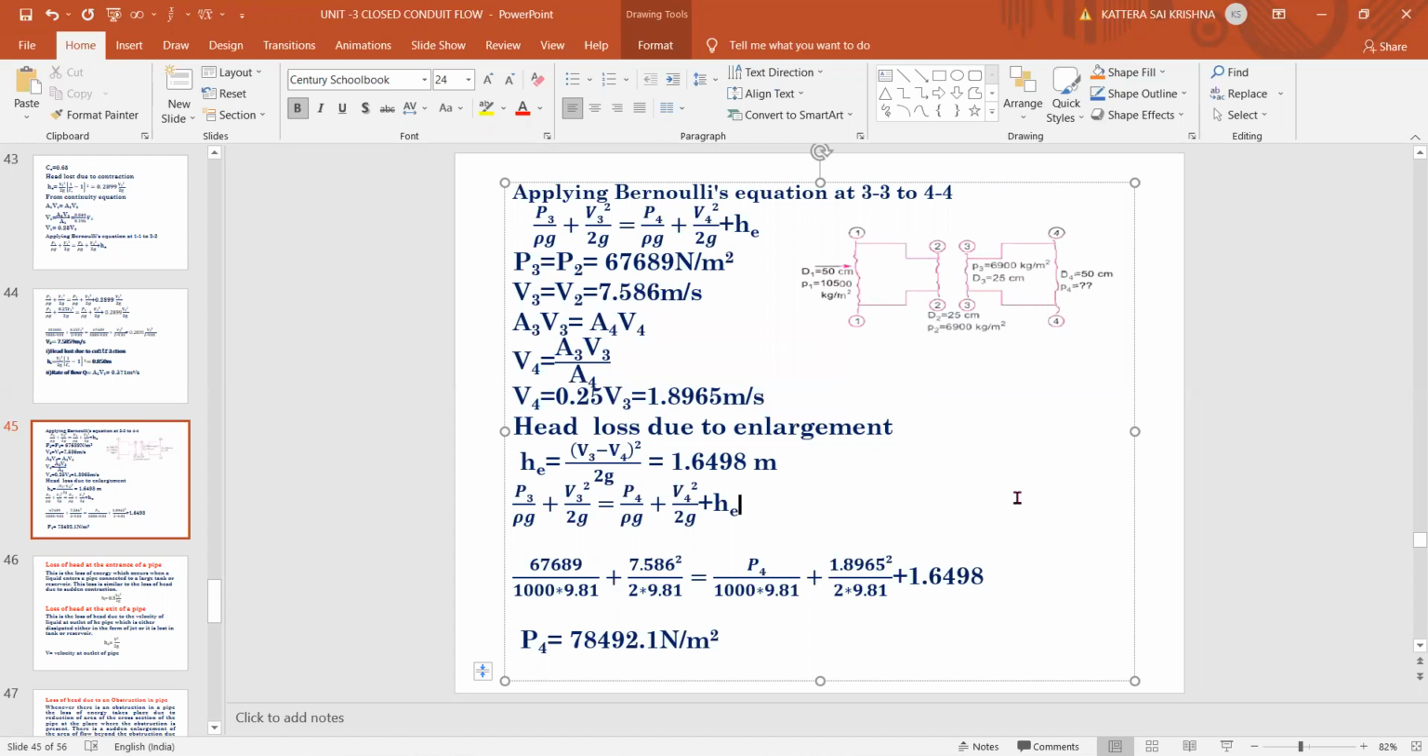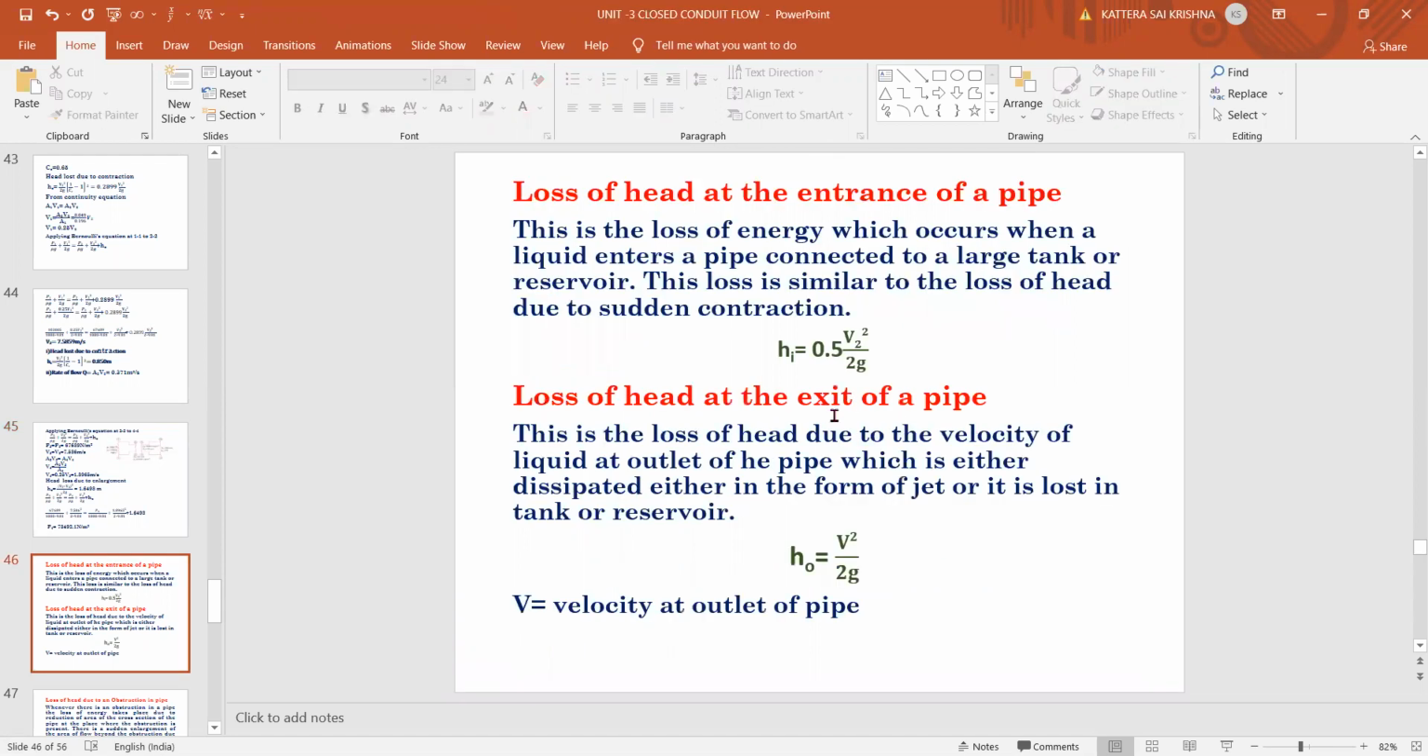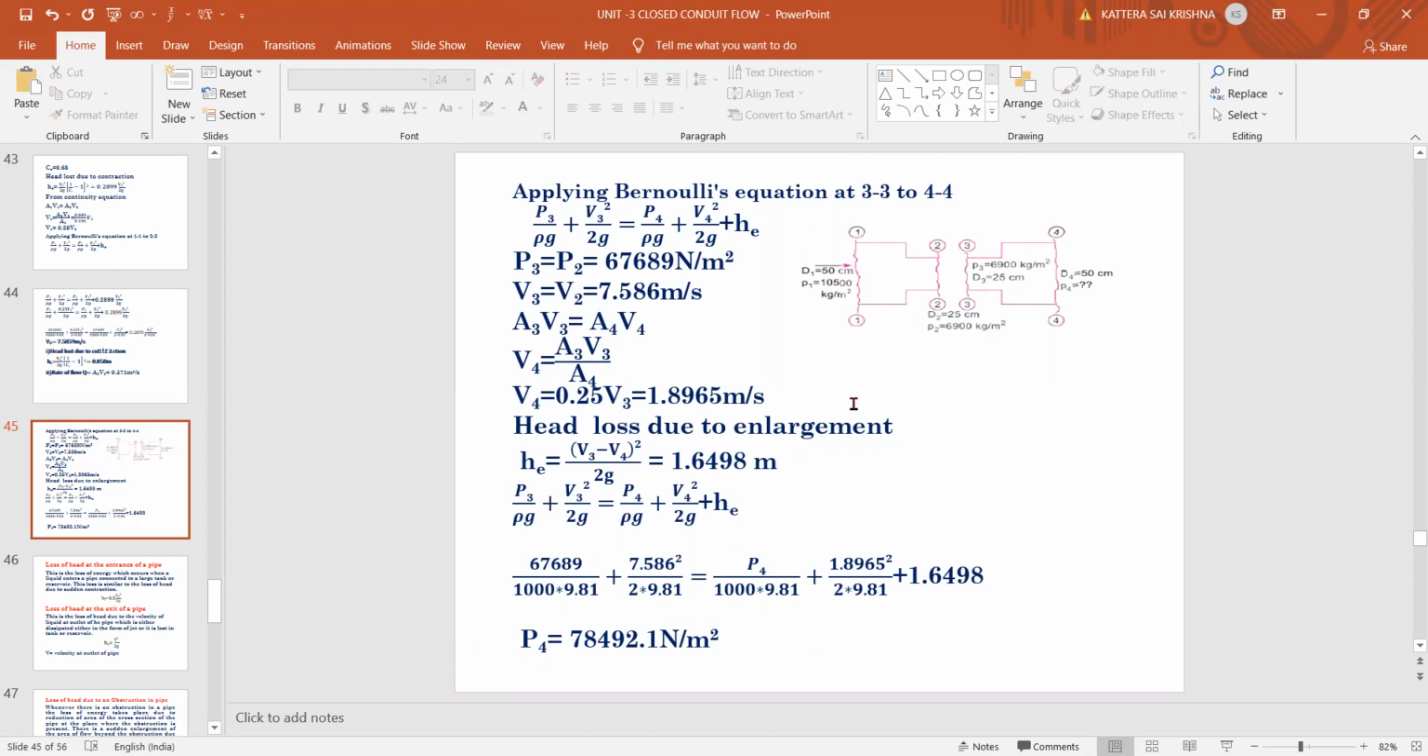Yes, can you go for the next slide? So we have taken two types of minor losses, that is loss of head due to sudden contraction and sudden enlargement. Next, we'll go for the remaining things. Yes, sir. Okay. So after the first two types of minor losses,